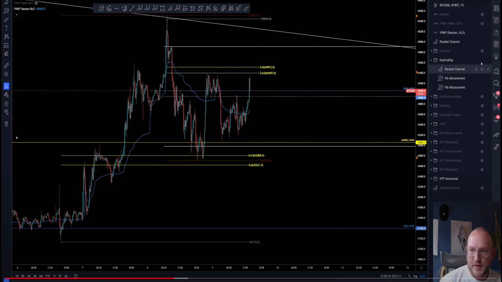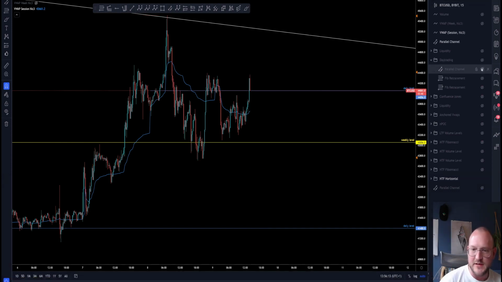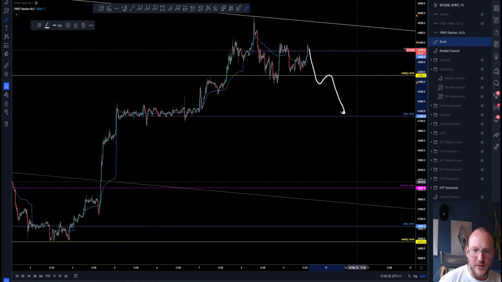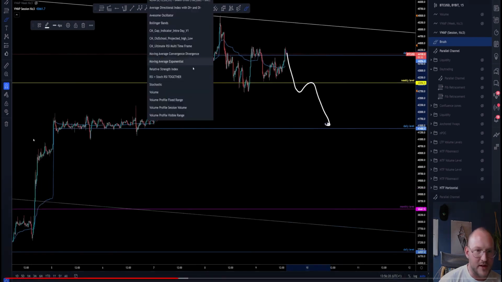So for me, I'm really simply just trading this local range, to be honest, from the weekly to the daily to the high of the range, really, or the top of the channel, and simply go from there. Should we lose this level, then we're gonna have this daily level coming back into play, which also has really nice confluence